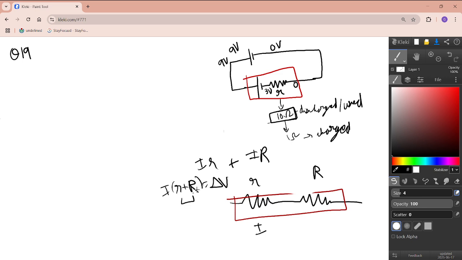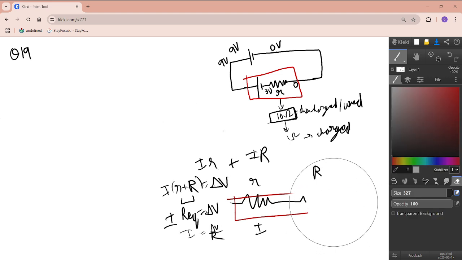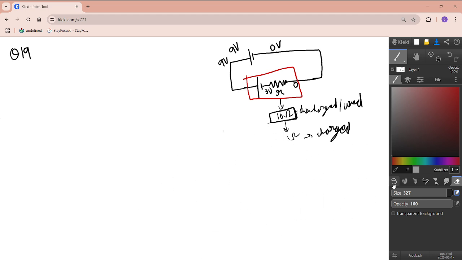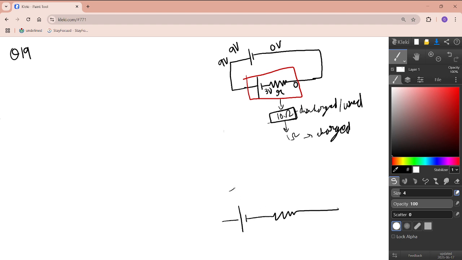So we can use R plus R as R equivalent. So I R equivalent is the change in potential, or I is equal to the change in potential upon R equivalent. That's how it goes. If you have a battery, however, something like this, let's say the battery has an electromotive force of E, because it's an ideal battery now, because the resistance is removed. Now, if you try to derive the whole thing,